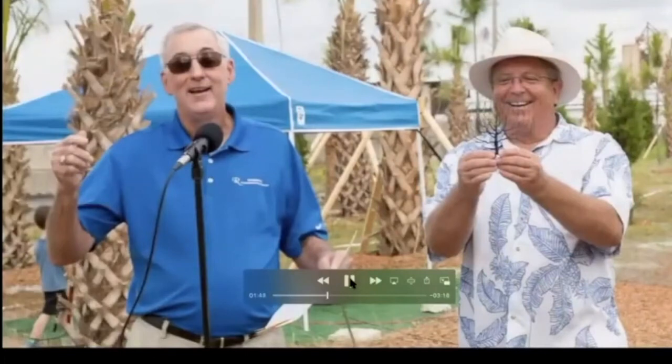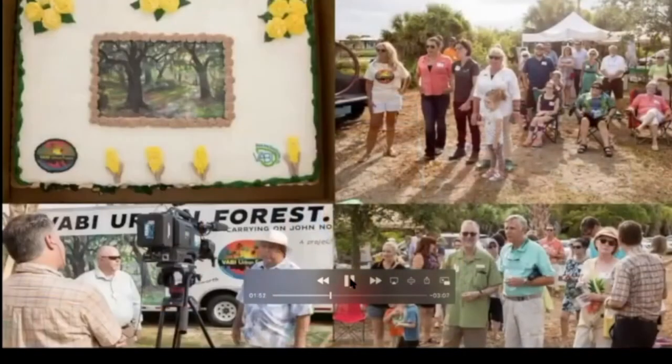It was a railroad corridor, and it became completely overgrown and invaded with invasive species of Brazilian pepper trees, lead trees, and many other things, all of which have to be removed and taken away, which is what we do all the time there, getting it cleaned up and ready for planting of